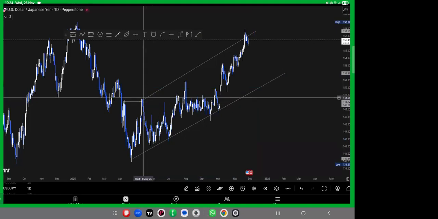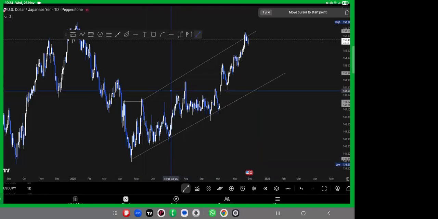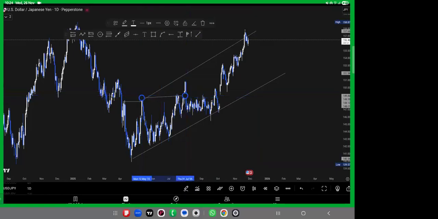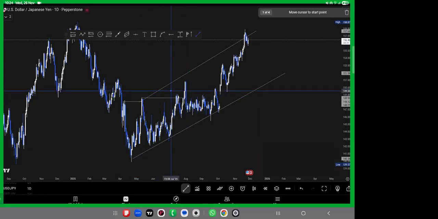So as you can see, we have our first higher high here. Then price broke that high and gave us the formation of a new higher high. Price again broke this high to give us a new higher high. Just like that, that's how the market has been going. So very soon we should be expecting the formation of a lower high, for the market can continue upward. So this is just a nice example of the demand trend.